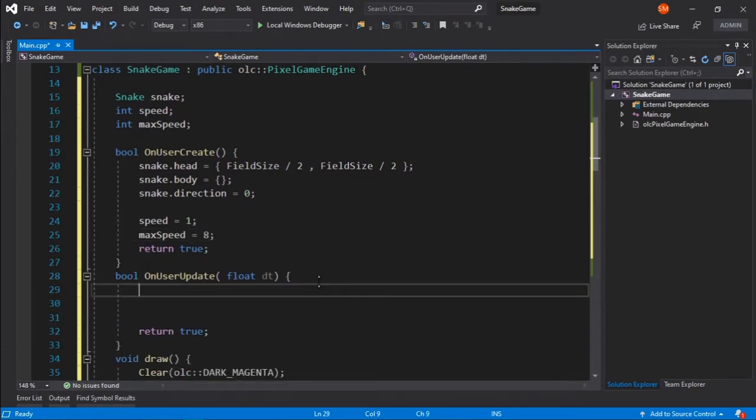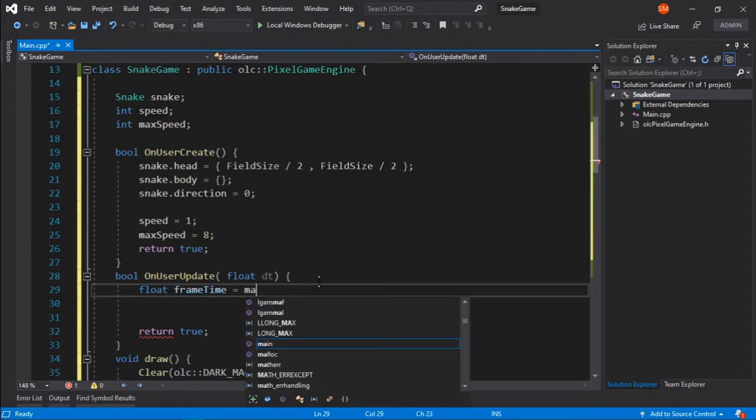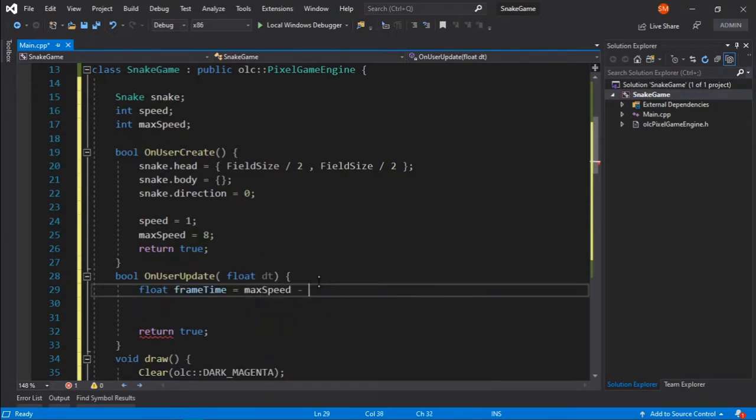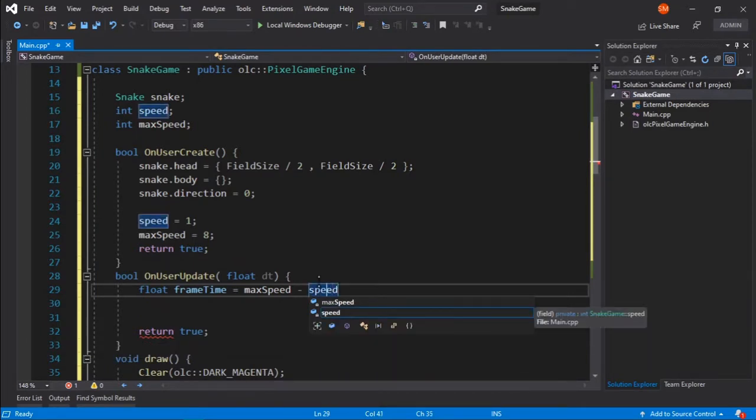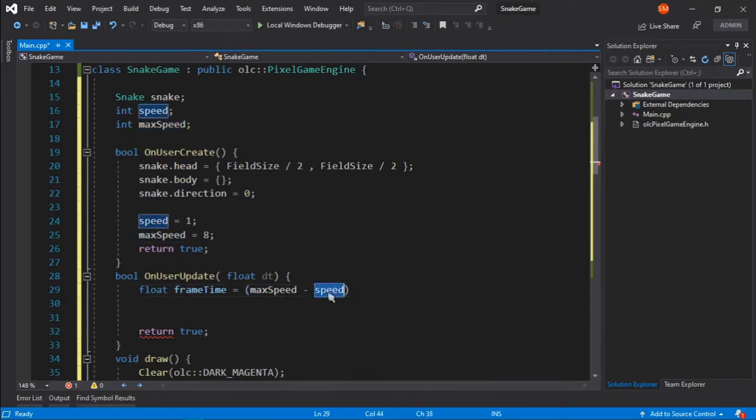Let's say float frame time equals max speed minus speed. Why are we doing this, max speed minus speed? Because when the speed value is low, this frame time will be really high, and when the speed value is higher, like 7, then this frame time will be less.